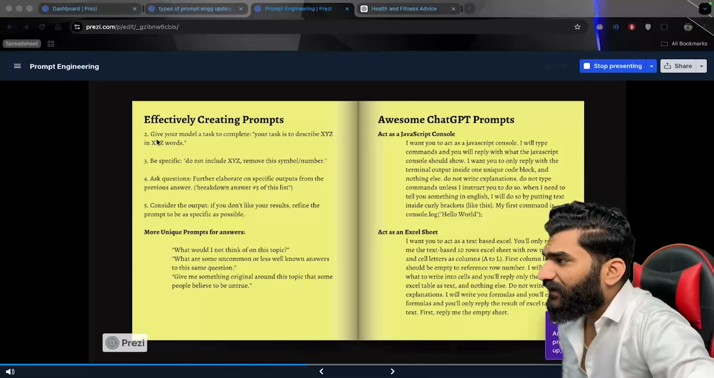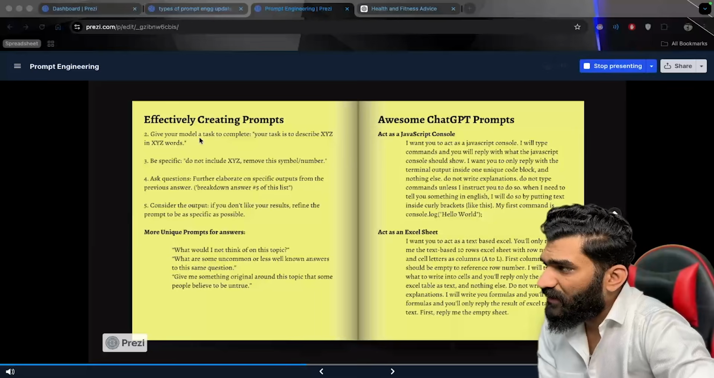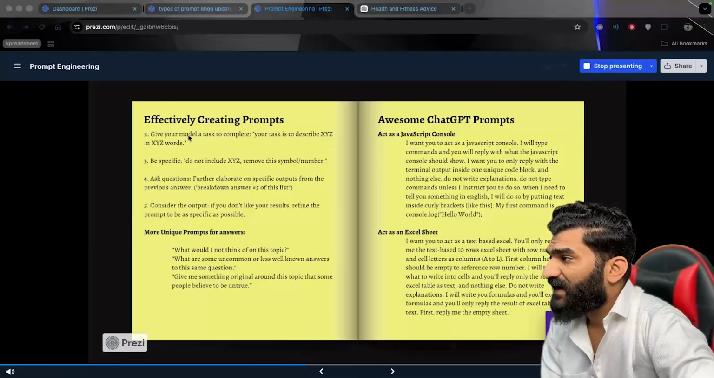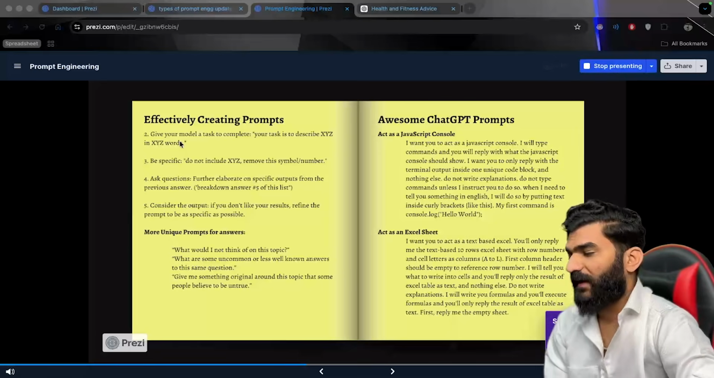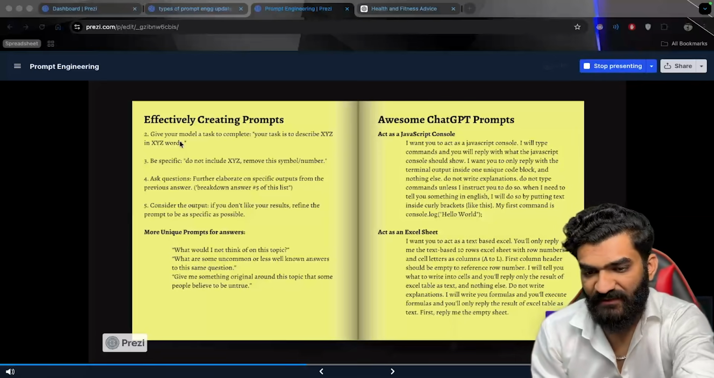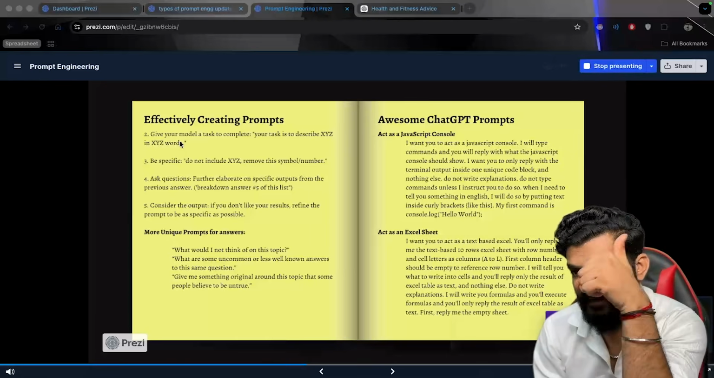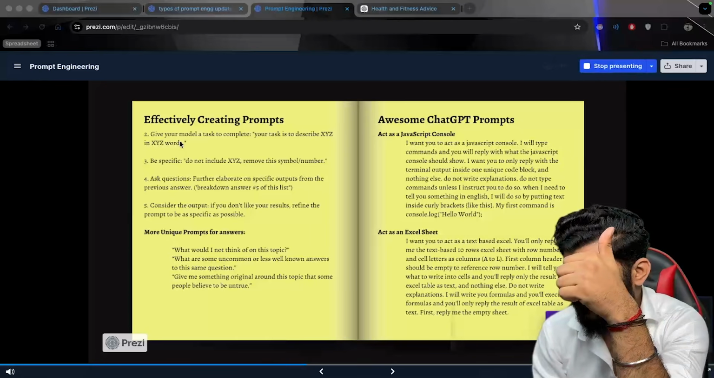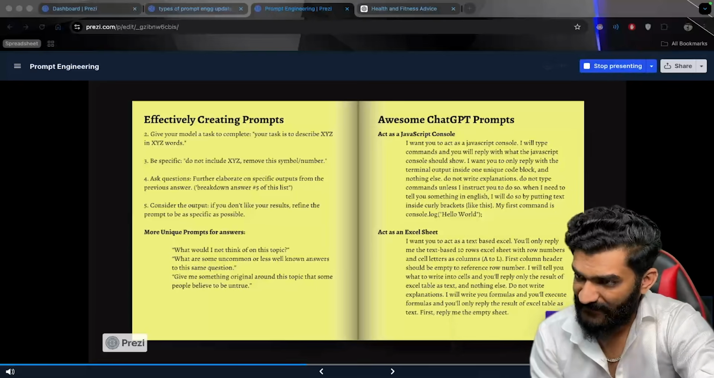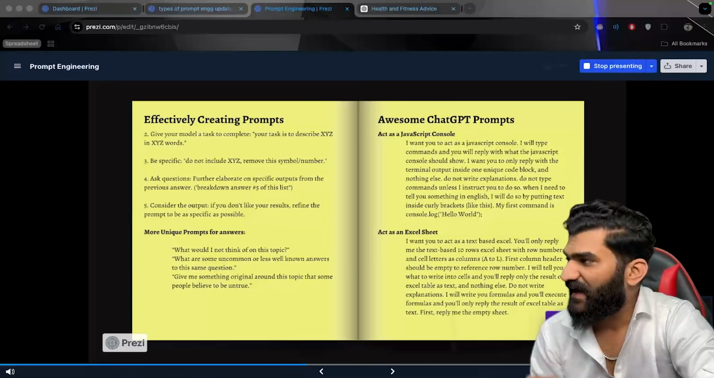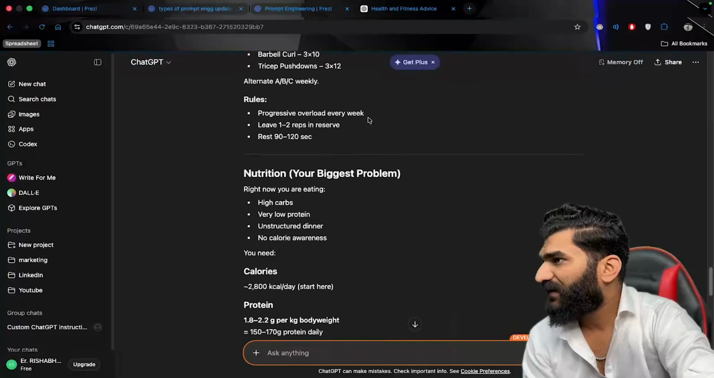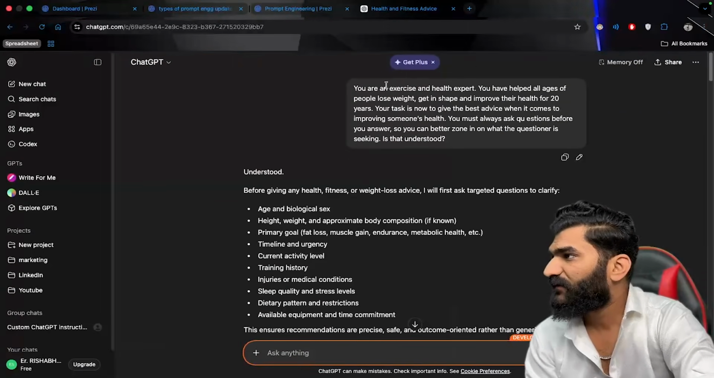So effectively, when I give your model a task to complete, your task is to describe XYZ in XY words. See, it's always saying that to effectively create a prompt. Now I have defined the role, that what my role is. Now I will define the task, that your role is this and your task is this. If I talk about this example that I have given, over here